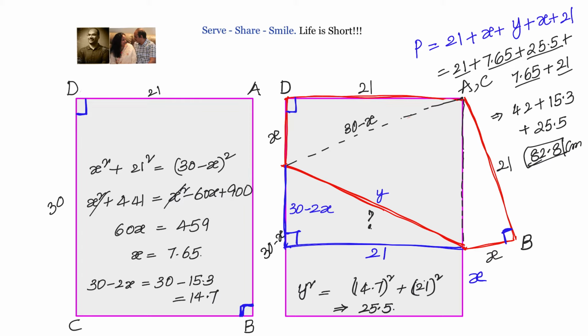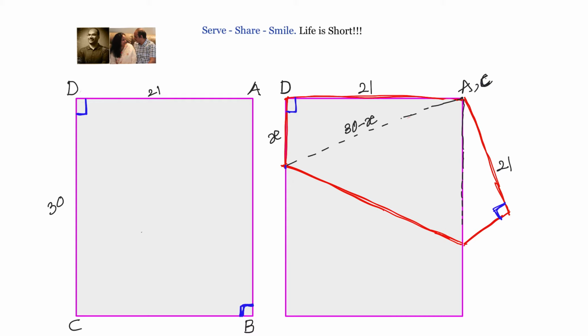But how to find out the value of x by using coordinate geometry? Let's have a look at that. When we want to find out the value of x by coordinate geometry, our approach is like this. Now we want to coincide A and C. That means C is the image or reflection of A in that line along which we have folded the rectangle, and we know that line will be perpendicular to the line joining A and C.